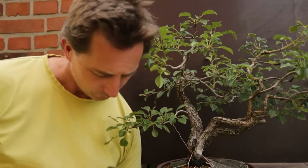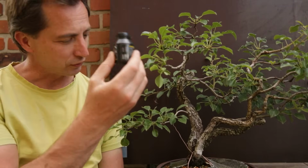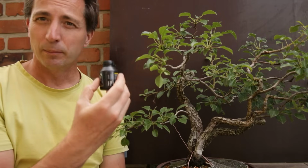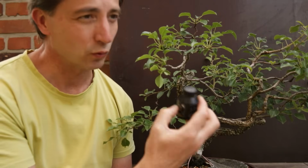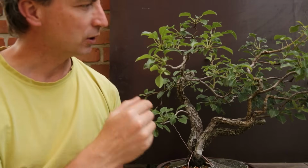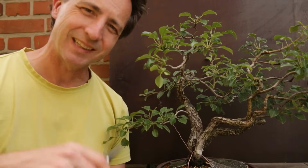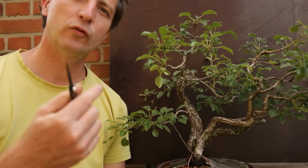Right, let's go ahead. I am going to use my rooting hormone. Well-known black bottle. You can find it on big online propagation stores or warehouses. I'm just going to use a little drip of it. I'm going to cut a few of these canes, and I'm going to cut them in 10 centimeters, 4-inch pieces, just right at the node. I'm going to remove all the leaves except for the top 2 or 3,